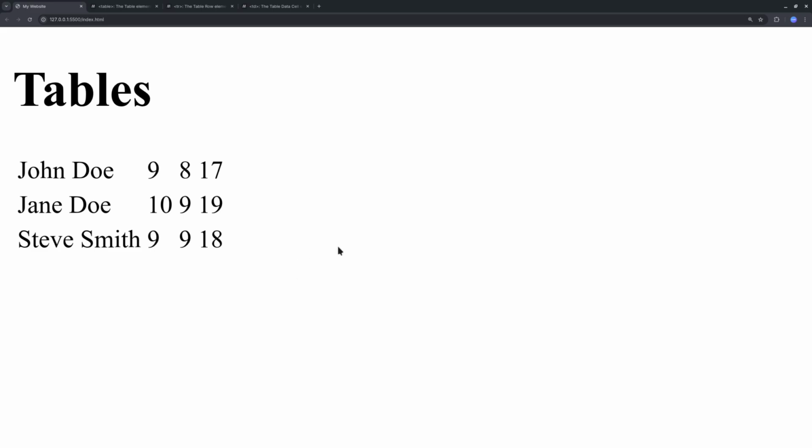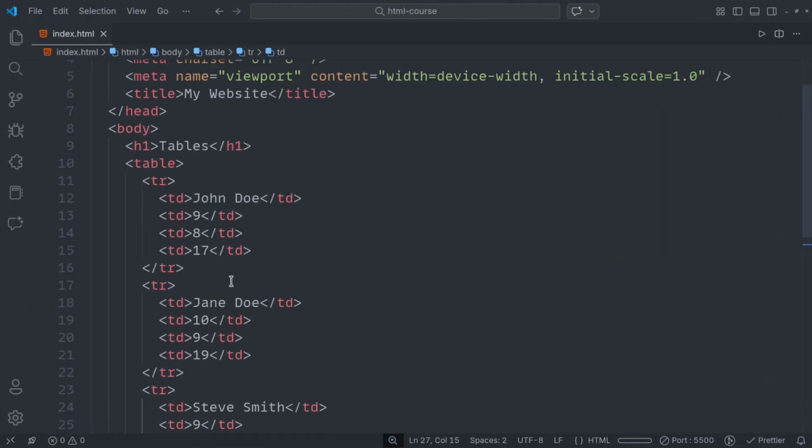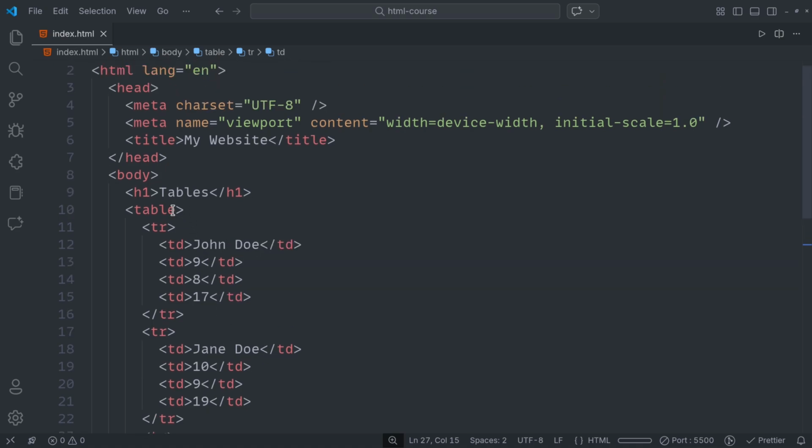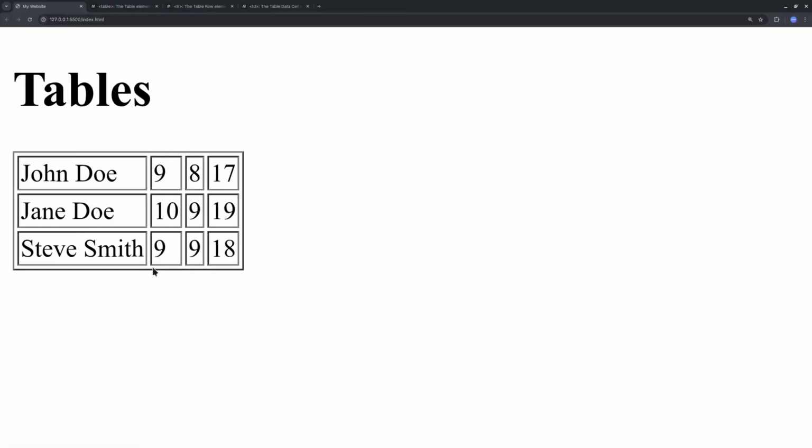All right. Now you might be thinking, hey, we do not have any borders or something like that, so how can we do that? We can do that pretty easily by using CSS. But if you do not want to use CSS and you just want to see some borders, you can go inside of the starting table tag, and here you can just add an attribute called border. Hit save, and now if I go to my browser, as you can see,